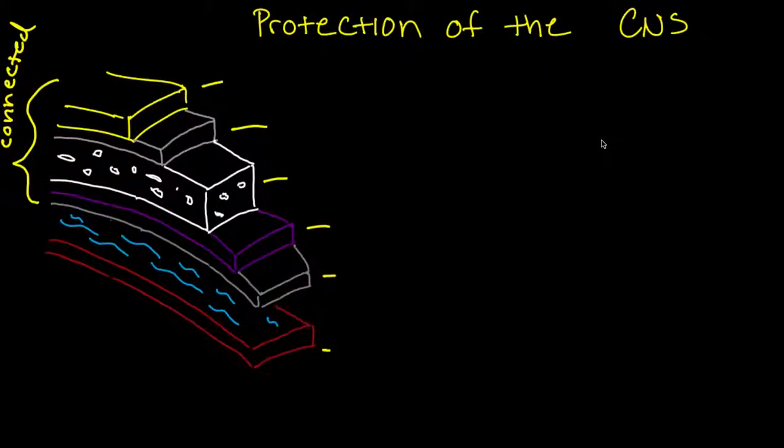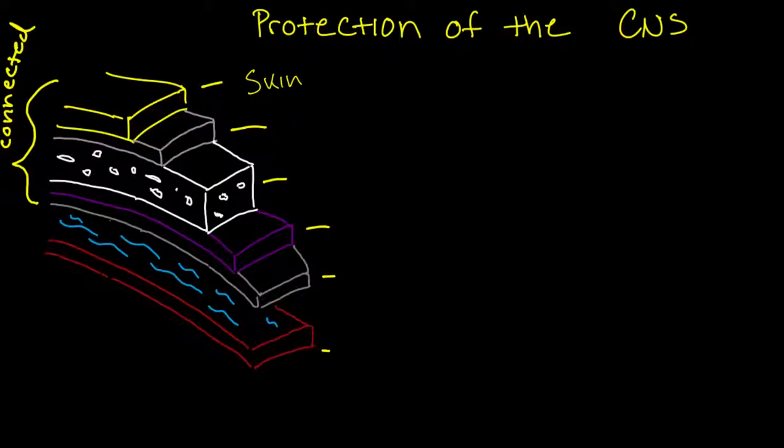Okay, this is continuing on with the cranial nerves, and this is going to be protection of the CNS, and we're going to jump into the one following it, which is going to be the spinal cord, so it's all going to run together. So starting out for the CNS, or the protection of the CNS, we have the skin,